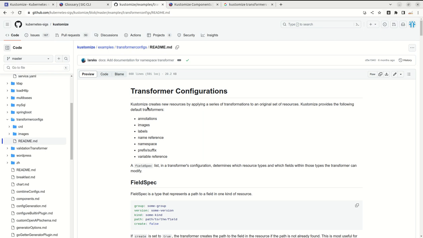In this video we will explore transformers configuration. So why do we need transformer configurations? How can it help us? The use case for these transformers is,